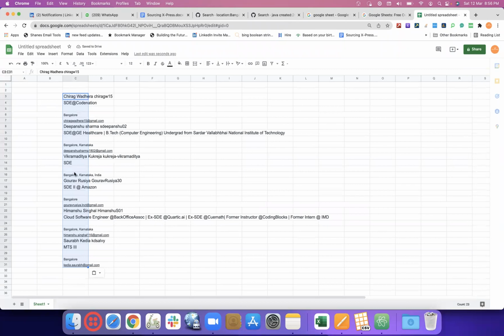Okay, so this is how you're copy pasting. You're just copying and then pasting. It's not structured, it's not curated.